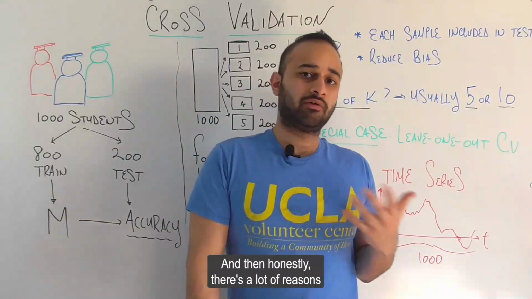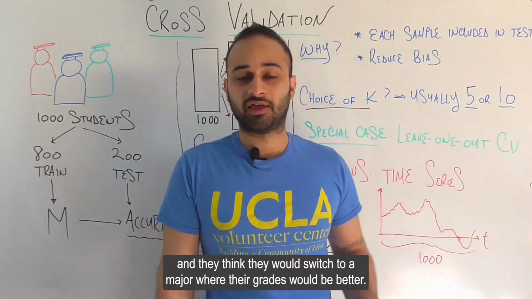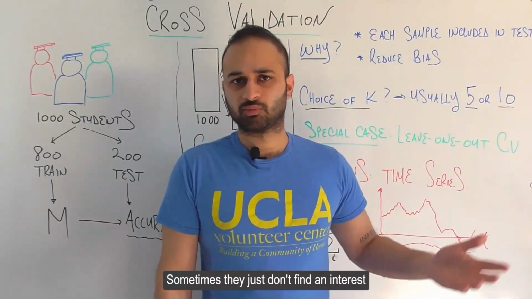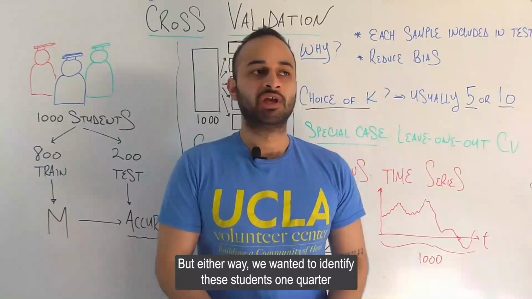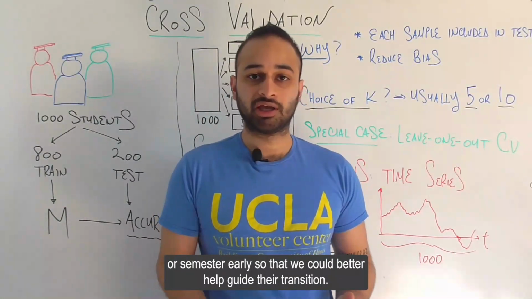And in honesty, there's a lot of reasons students would drop out of their major. Sometimes it's because their grades are low and they think they would switch to a major where their grades would be better. Sometimes it's not about grades at all. Sometimes they just don't find an interest in this current major and want to make a transition. But either way, we wanted to identify these students one quarter or semester early so that we could better help